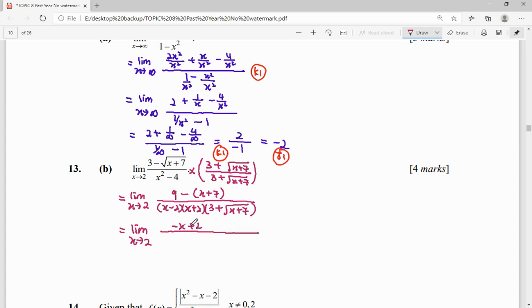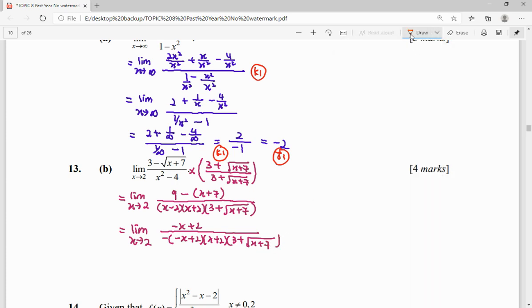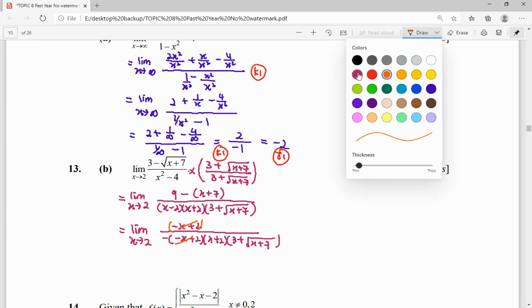In order to simplify this factor negative x plus 2, we will try to factorize out the negative from x minus 2. When I factorize out the negative, I can get negative x plus 2. Then we can get to the same factor where this can be simplified with the denominator part. Then lastly, we can evaluate our